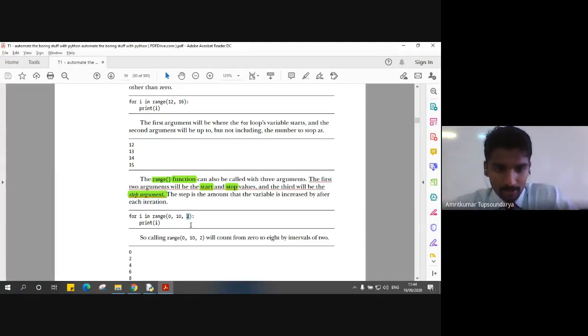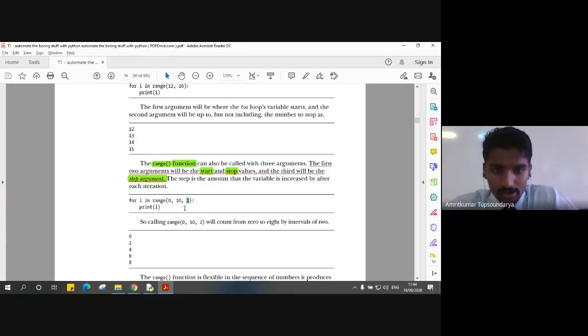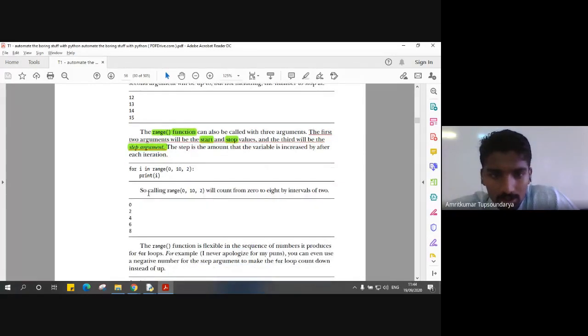Let's see what we see here when we encounter this step argument. The first 2 arguments will be the start and stop values, and the third argument will be the step argument. So you can see here, calling the range function 0, 10, 2, we count from 0 to 8 by an interval of 2.